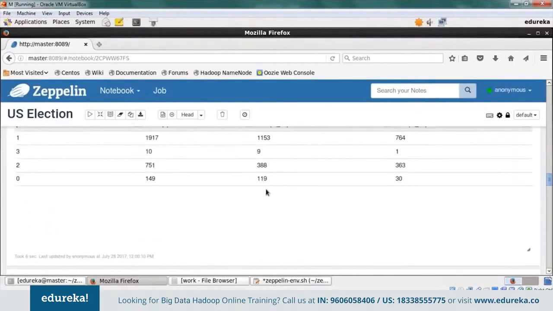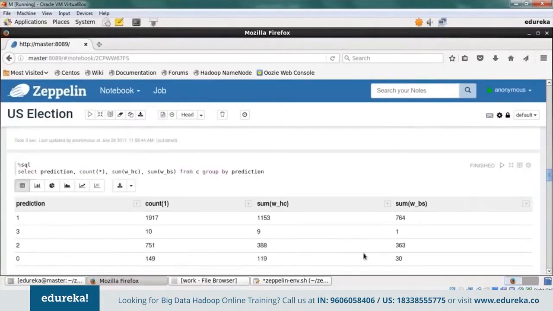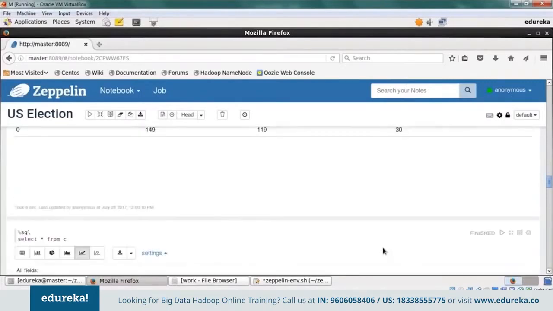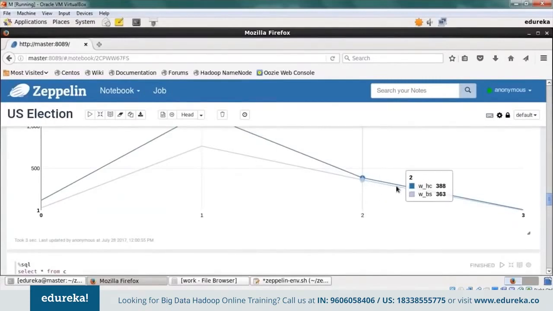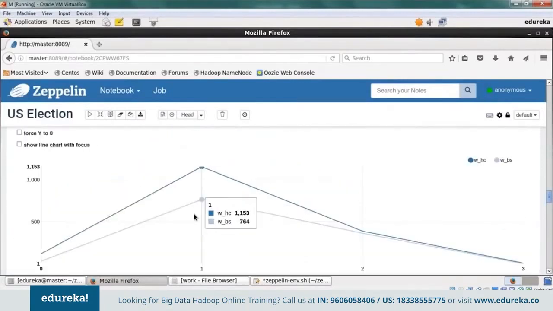In cluster 2, there was a very neck-to-neck competition, and you can see it in the graph here. So this represents cluster 2, and you have a neck-to-neck competition. And again, in cluster 3, they have neck-to-neck competition. So this describes the distribution of votes for Hillary Clinton and Bernie Sanders, and definitely Hillary Clinton is ahead, and that's why, of course, she won the primary elections.